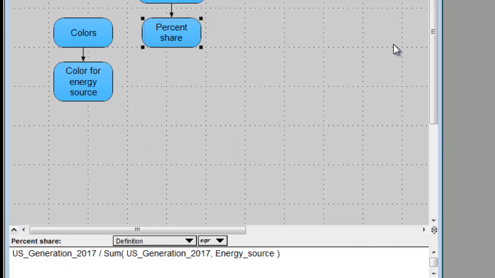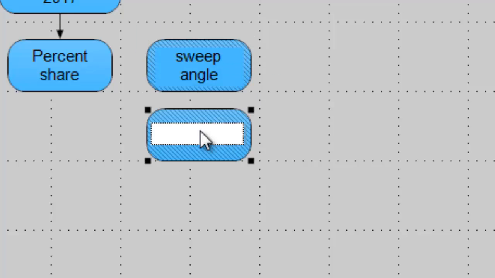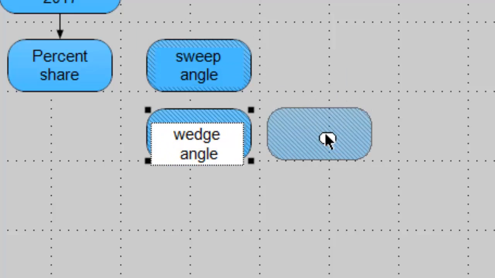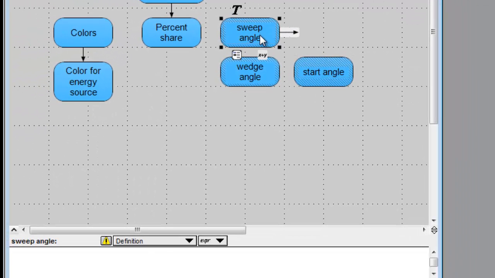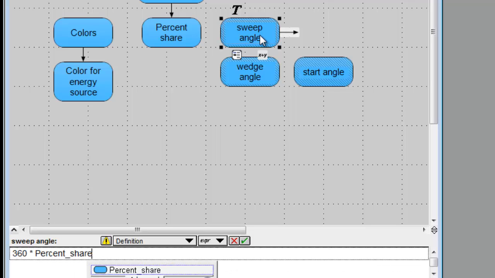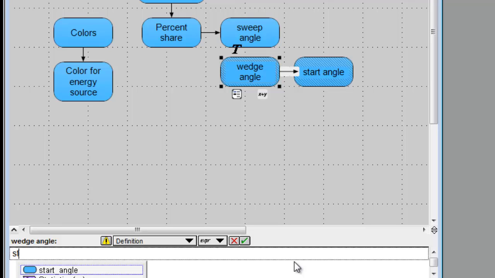A pie chart is all about angles. Each wedge will sweep out a certain angle of the pie chart, centered at some angle, and starting at some angle. The sweep angle is just the percent share converted to degrees. The wedge angle is the angle up the middle of the wedge, which is the start angle plus half the